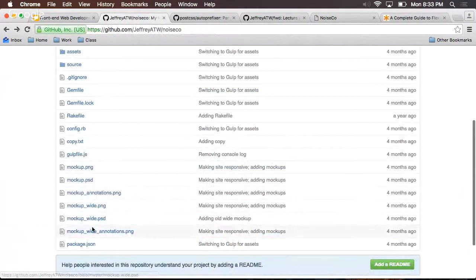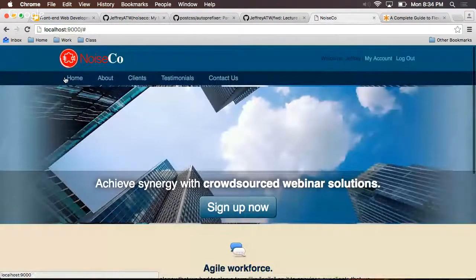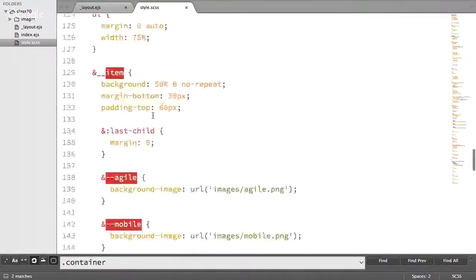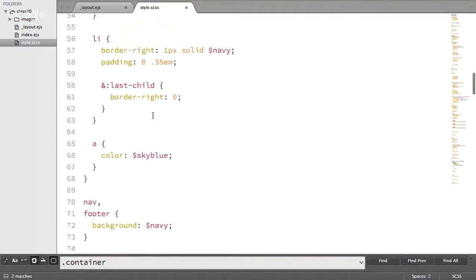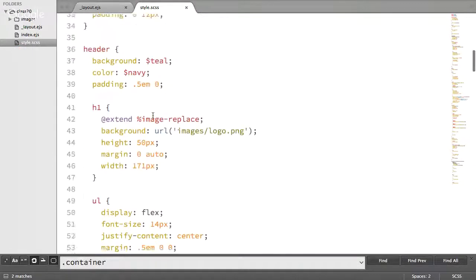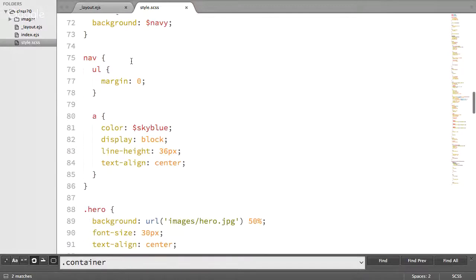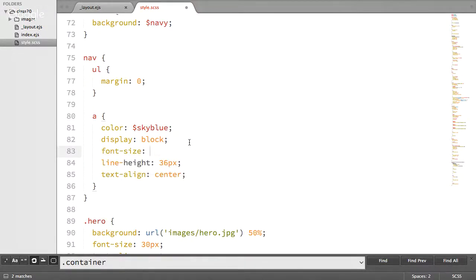So here's something I missed on the Noise Coast site. These are too big. So let's go ahead and make these buttons a little smaller, both on mobile and on desktop. So we're going to do this outside of the media query. Go all the way up to the nav? Yeah, the nav. And let's set the font size here to 14 pixels